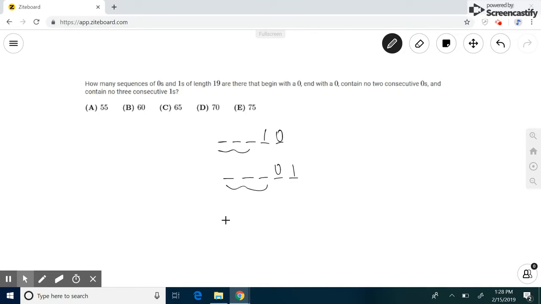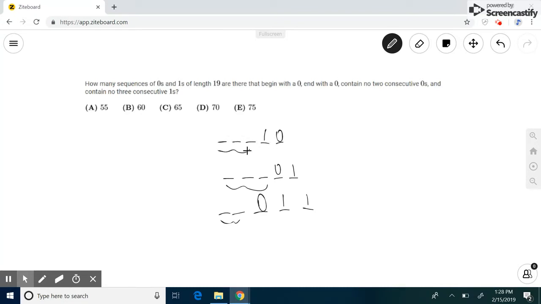And then finally, what if I placed a 1, 1, 0? This also satisfies my requirements. And now it's just the number of ways I could have placed these two such that it still meets the restrictions. So we notice here that we have broken down this problem into mini problems where we place a 1,